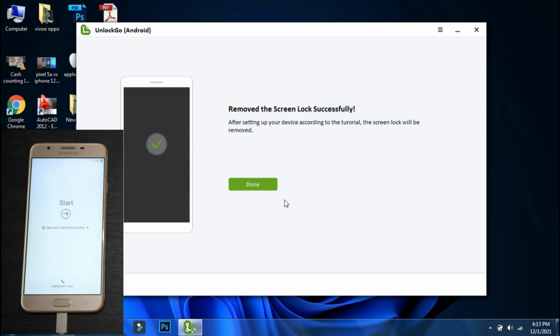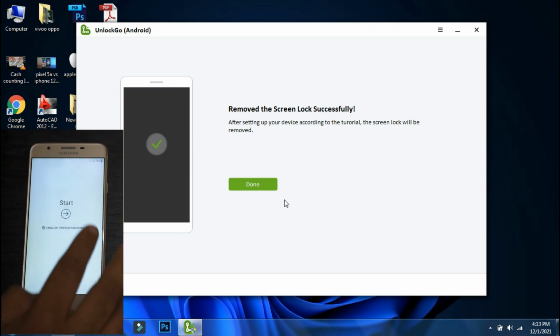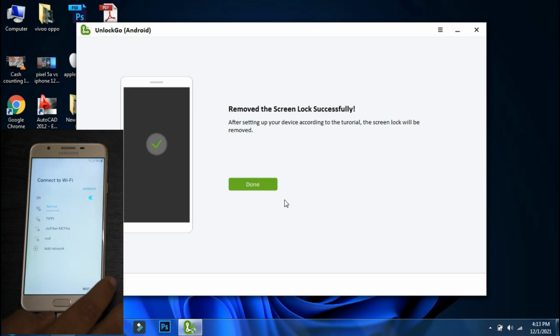So now your phone is back on the welcome screen and you just need to set up your device by the regular method. And if you had backed up your device earlier on the cloud, you can restore it once your phone has started, so you will not lose any important data.